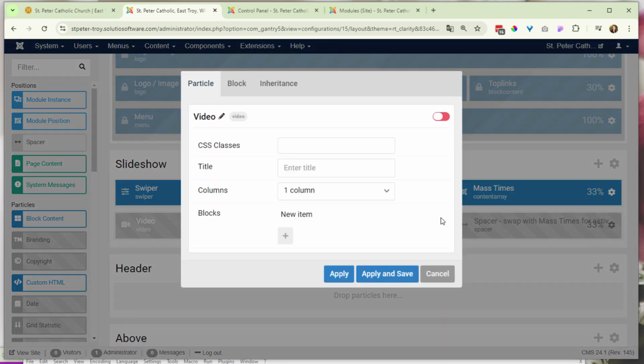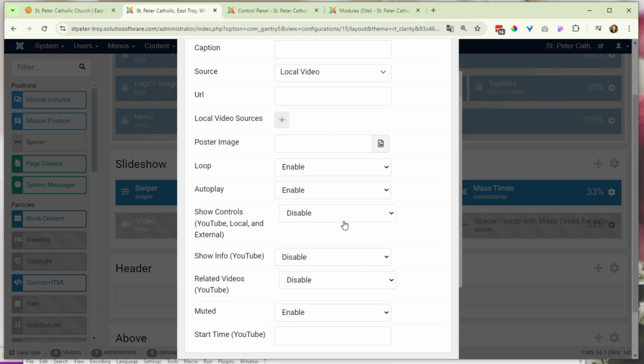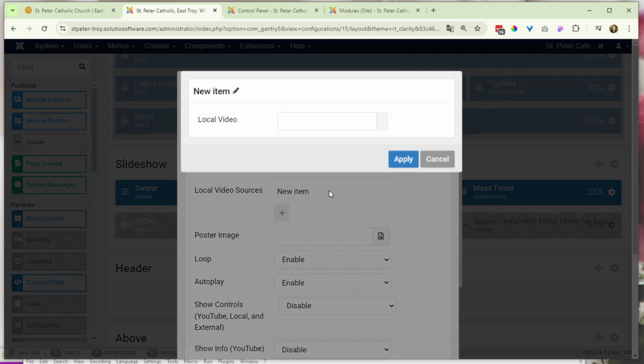And if I click on settings, you've got a couple options here. Video: YouTube, local, which would be uploaded to the image manager, or external. And then this is, we can go get it from,